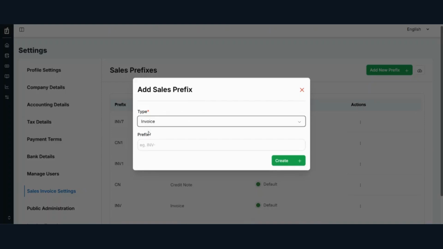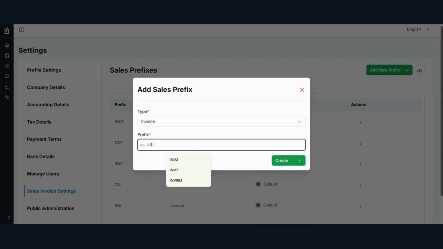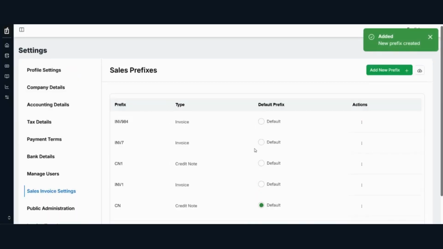Suppose I'm adding a new invoice prefix and adding it here. Whatever prefix you want to add here, you can just add. It depends upon you. Currently, I'm taking this number for your reference. Just continue. Here you can see this result. Currently this invoice prefix is not added as default. So it was showing in the list, but it was not automatically showing in the create new invoice document name. So just put it on default.